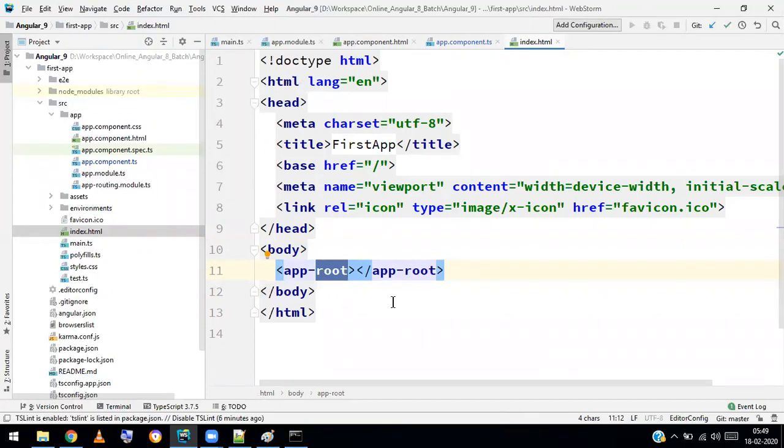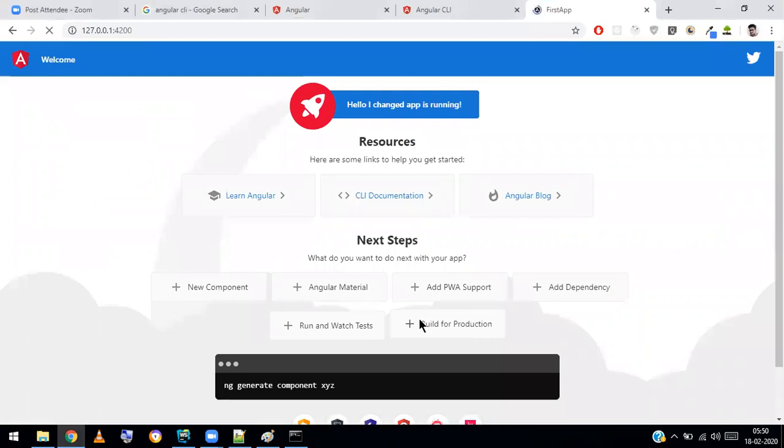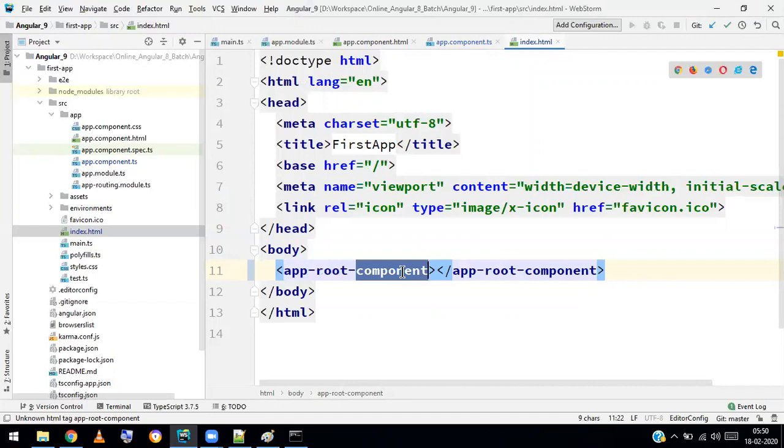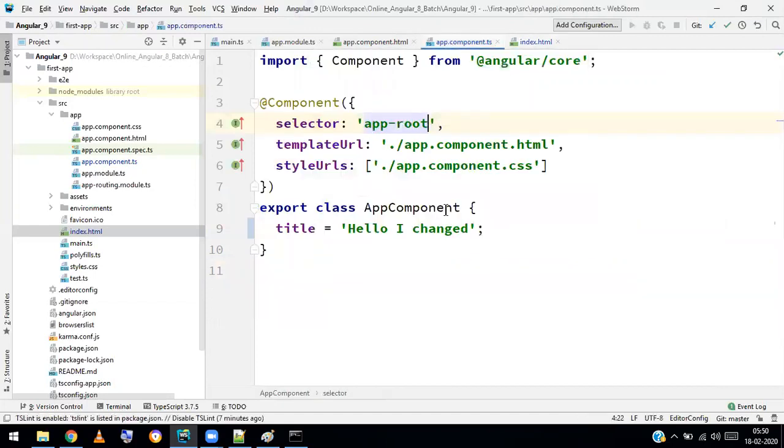I'll just show you. I have changed it, so it will not work because there is no name called app root components. So I will modify the TS file to use app root component as a custom tag.